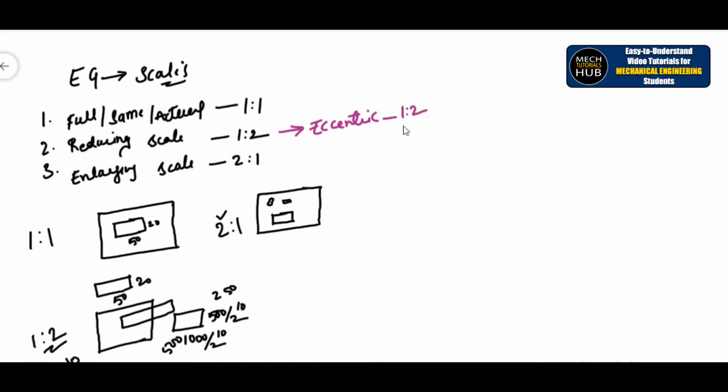Okay, it may have many dimensions, but all the dimensions are divisible by 2. Okay, and one more example is if you consider any civil building structure, before going for approval from the government, the layout has to be shown on a sheet of paper, maybe A3 size, A1 or A0 size. But the actual land where we want to construct will be measured in square yards, maybe feet. So that can't be shown directly on a sheet of paper.